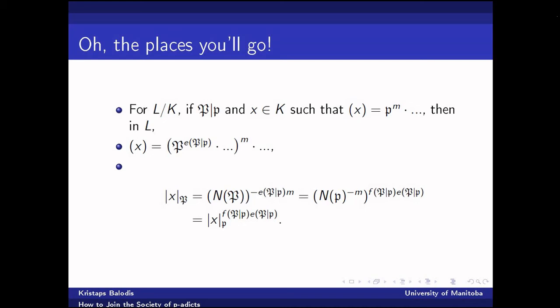And so in particular, what we find here is that if you were to take a norm coming from a prime sitting upstairs in L and you restrict it down to K, it's actually going to be equivalent to the prime that it lies above. And so here we see the motivation for wanting to call our absolute values primes, because there's this tight association here with the prime ideals, and there's some marriage between the analytic and algebraic properties going on here.